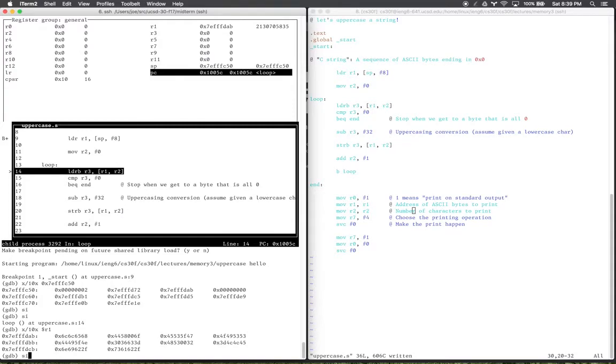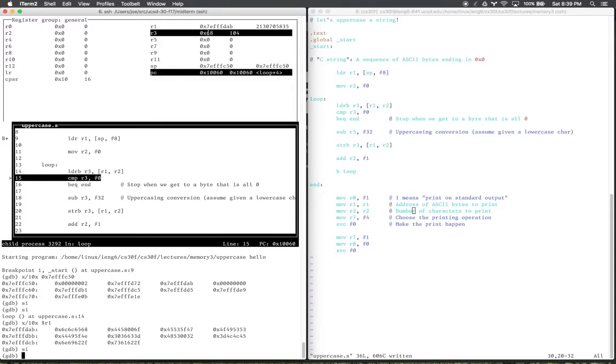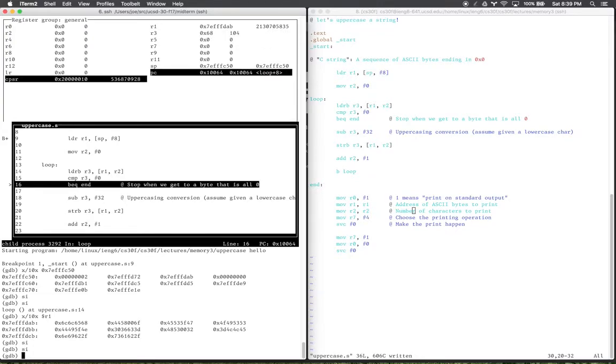Okay. So let's see if that's what happens. R3 did indeed get hex 68. So that's the lowercase, I think, the lowercase h in our hello. That makes sense? Yeah, that's 7 or so past 61, which we were seeing earlier, and that was A, so 68 makes sense, so that's H. Okay. That's not 0, so the comparison will only set the,